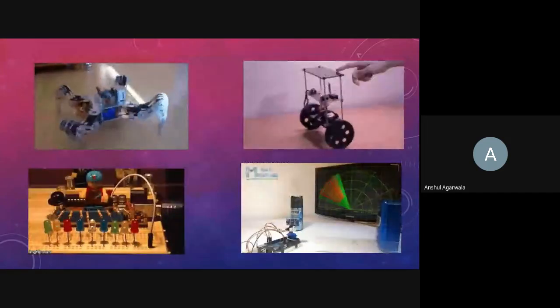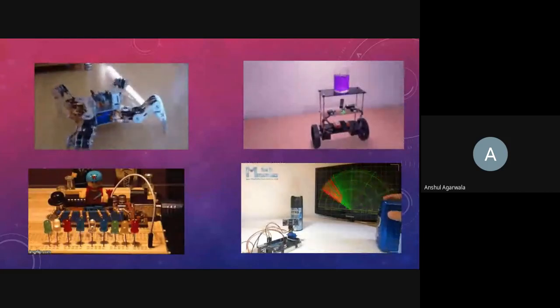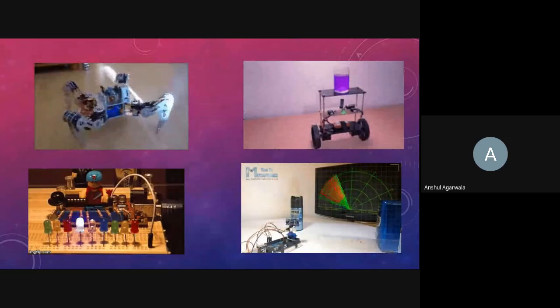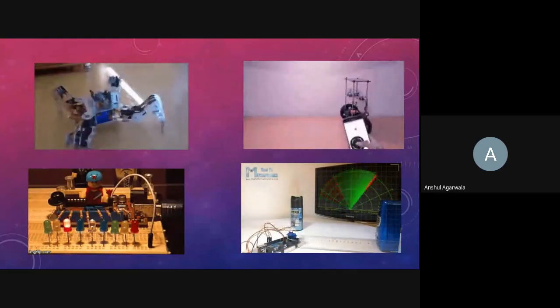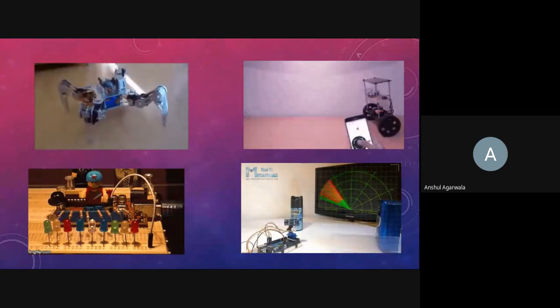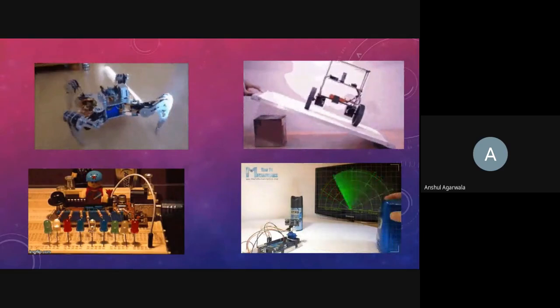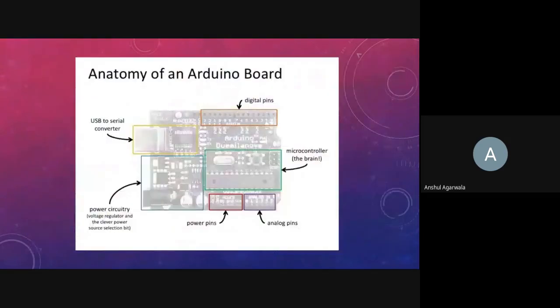You can see what people have done using this board. We have the robotic crawler, the self-balancing robot, blinking LEDs, and yeah, the sonar detector. M1 chip can't do this, right? So yeah, if I was able to inspire or motivate you to learn a bit deeper, let's get into the real hardware. This is how the Arduino Uno looks.